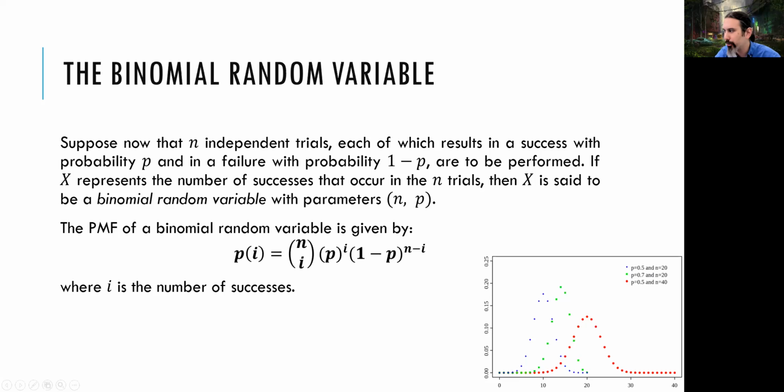This drops because the total should be 1 anyway, so this is expected. The number of successes is growing, because there can be 21, 22, 23, etc. successes which weren't in the blue one. The total number is growing, but their respective probabilities are going a bit shorter. As you can see, this blue one ends at 20, the red one ends at 40, and the sum of all those 40 probabilities should be equal to the sum of all those blue probabilities, which is going to be 1. That's why just making more and more trials spreads out the probabilities even more.